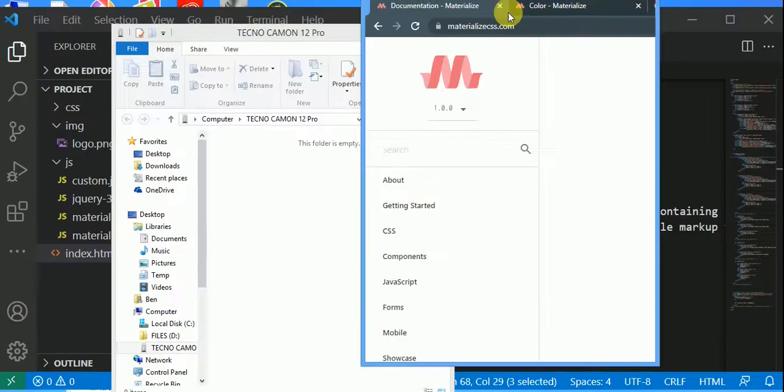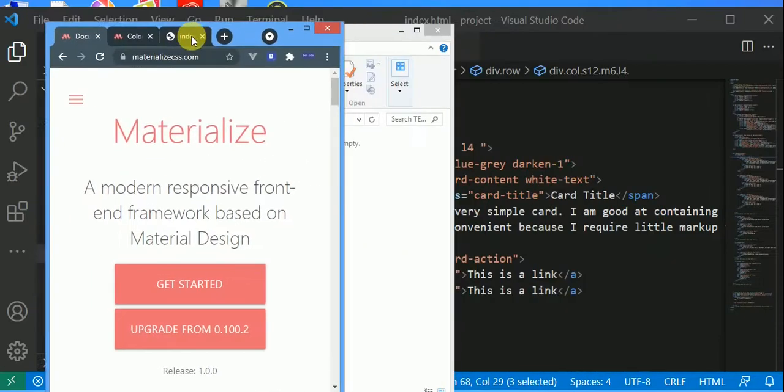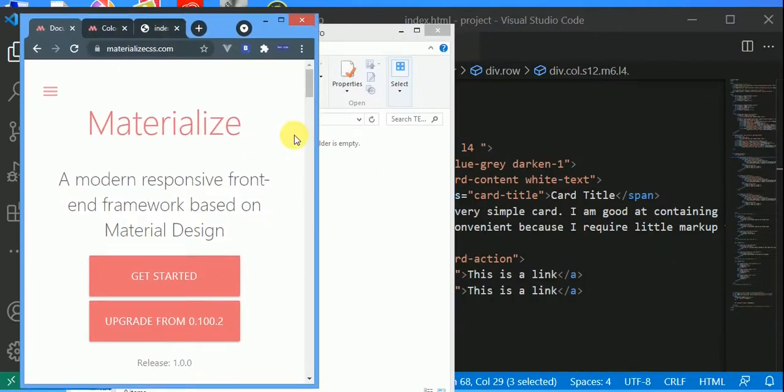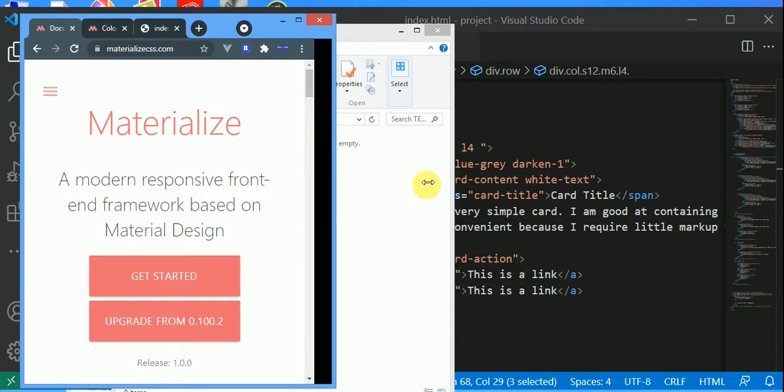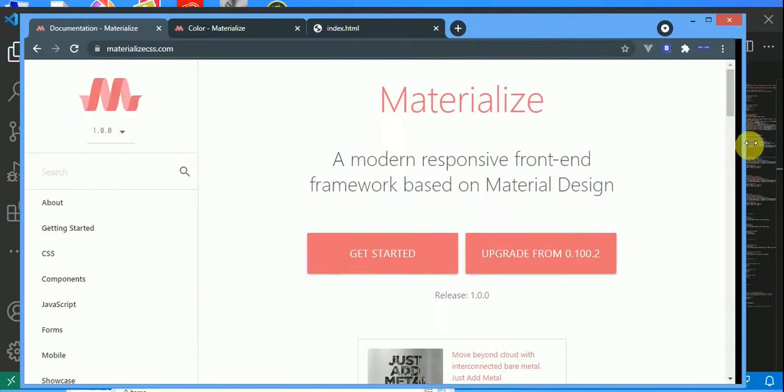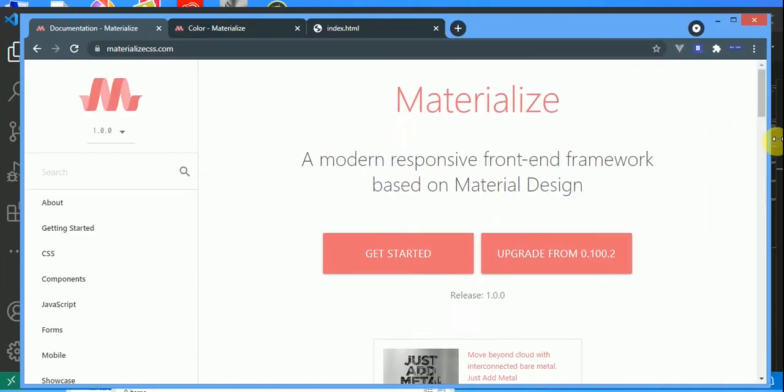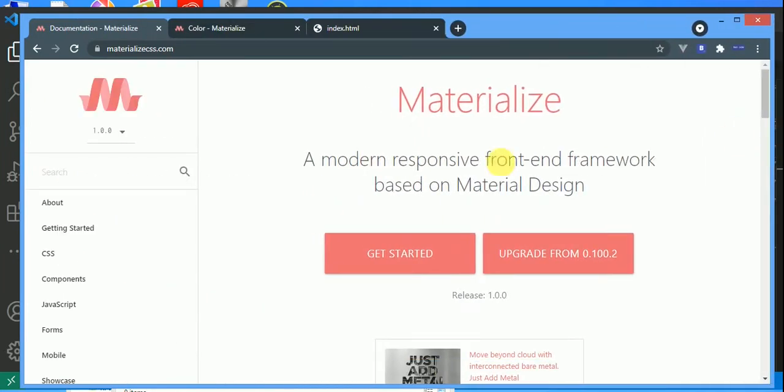Welcome back, friends. In our last video tutorial we talked about grid. Okay, so we want to continue from where we stopped. So in this video tutorial we are going to talk about